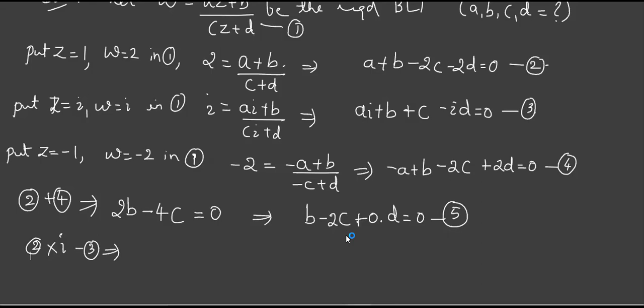Now next, multiply by i here. This equation we are multiplying by i. So it becomes iB minus B, because it is minus equation 3. What is iB minus B? You can take a B common. Here you will get an i, and here you will get a minus 1. Am I right with the coefficient?